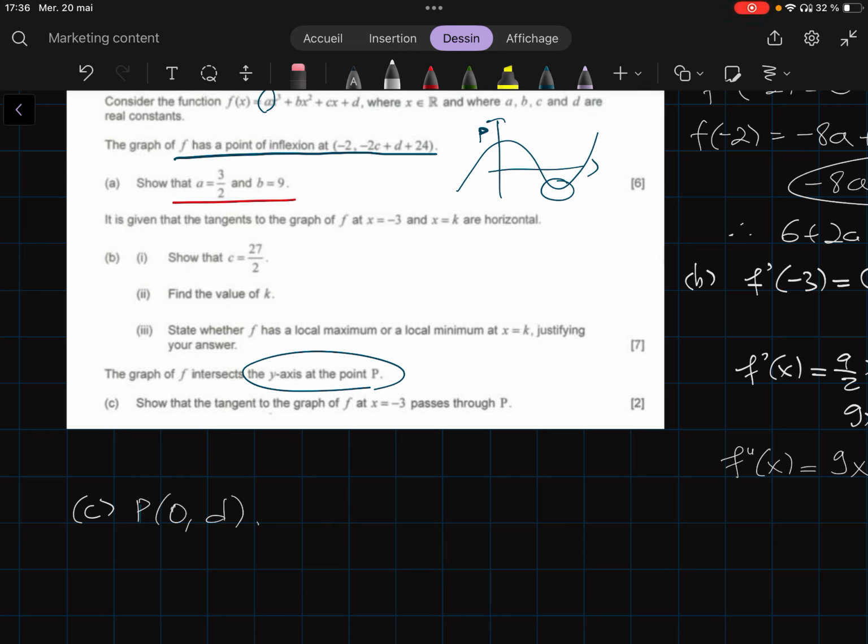The tangent to the graph at x equals to -3. Okay, so we know this is a horizontal tangent, and all it is asking us to do is to find the y-coordinate of this point. So f at -3 is equal to